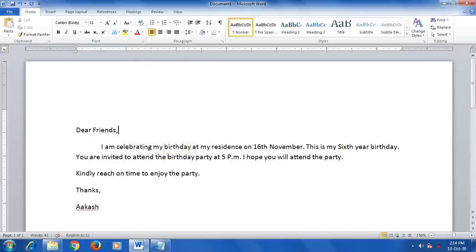I hope you have understood these two points. One is adding new text and second one is moving the text. Adding text is simple. Wherever you want to add the new text, first you have to place the cursor, then just go on typing. When you type, the already existing text moves towards the right side and newly typed text appears from that place. So that is adding new text.